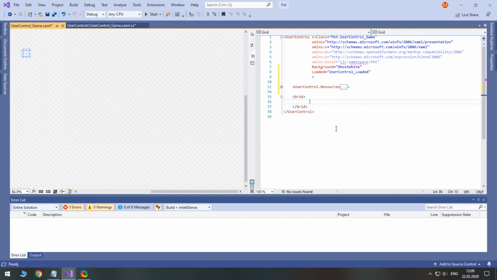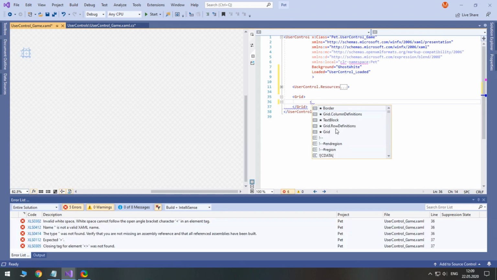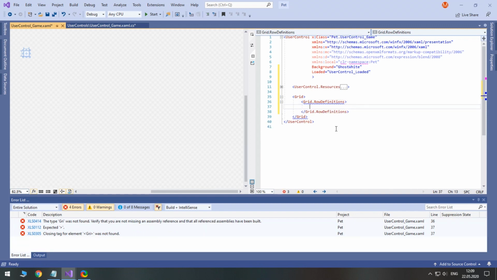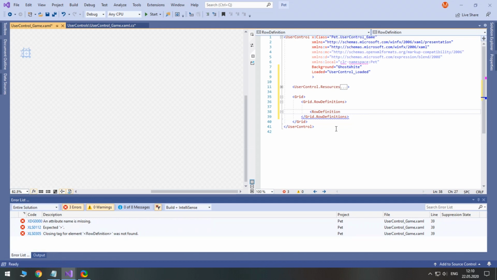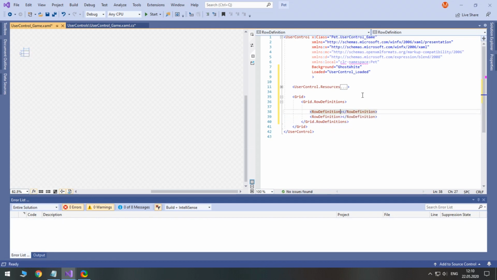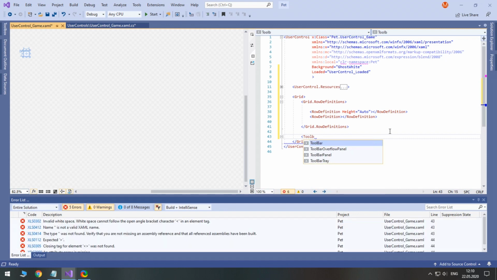We will have tools at the top and game at the rest of the space. For tools, we will use a control called toolbar tray.